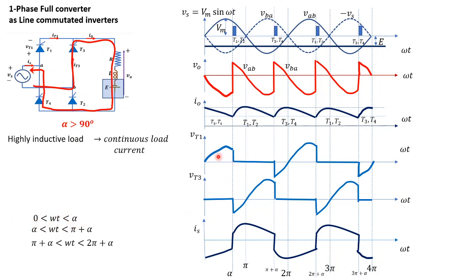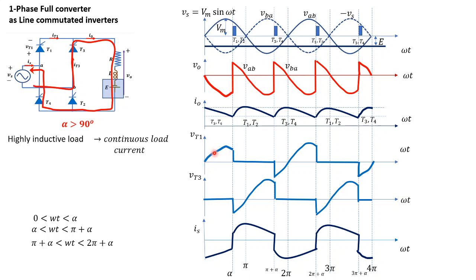Now during that period, you will have the load current this way, where T3 and T4, before T1, T2 are turned on, must conduct. Assuming load current is continuous, there must be some conduction path, and there is only one possibility, that is through T3 and T4. So during this period, omega t ranging from 0 to alpha, T3 and T4 are going to conduct, and the corresponding voltage would be this way, that is same as VBA. So whenever T3 and T4 are conducting, load voltage is equal to VBA.